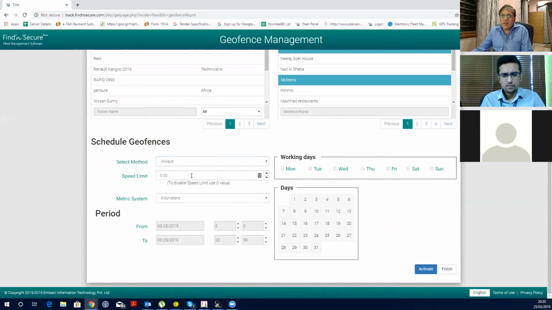I can also have a speed limit inside the geofence. For example, I put 50. So inside the geofence, if my vehicle goes above 50, an alert will come. Outside the geofence, it could be 100 or whatever. So that way, for example, if it's a residential area, inside the residential area the speed limit has to be low. So you can create a geofence around the residential area, and if your vehicle goes above 50 inside the residential